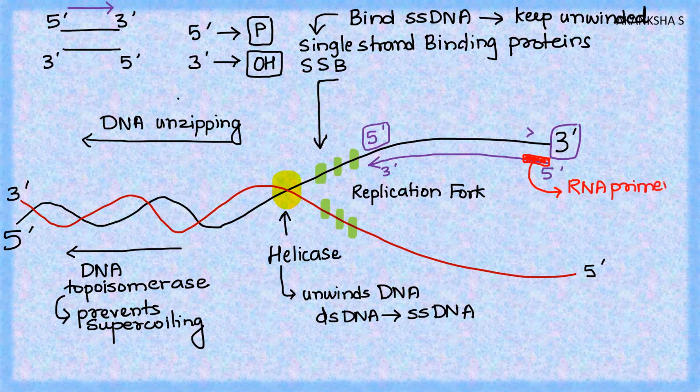RNA primer. Who brings this primer? There is a particular enzyme called primase. Primase does what? It is going to bring a small section of RNA as an initiator, as a starting point. What does this RNA do? See, RNA is available in bulk in the cell, and it is already in its composed form, right? So if we bring in a small set of RNA, it will be able to complementarily bind to the DNA